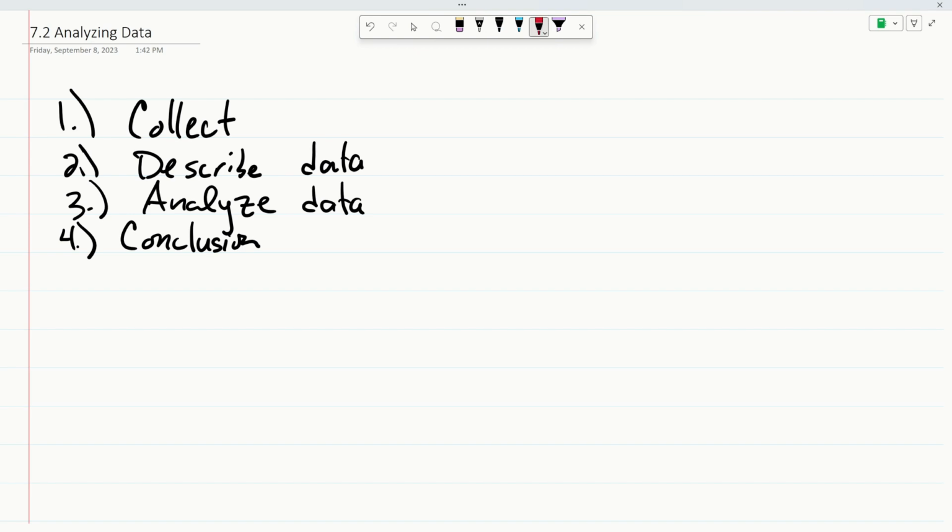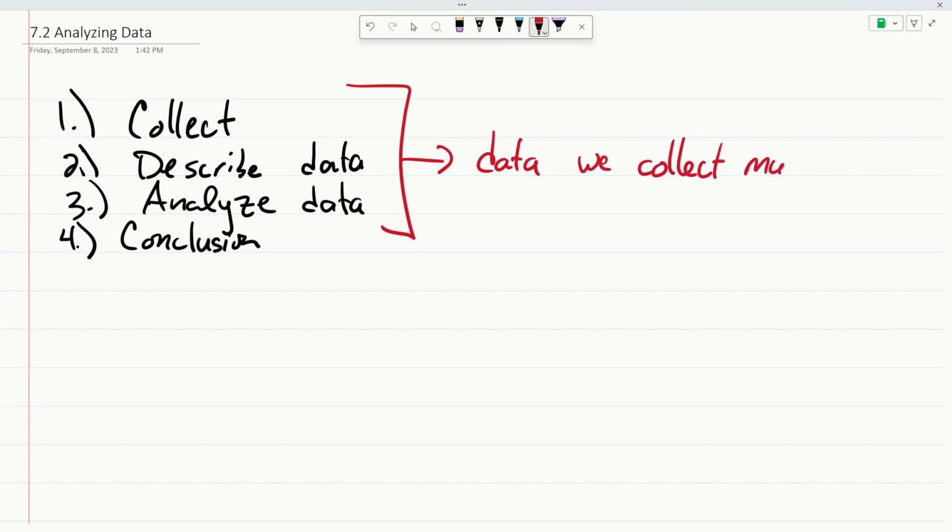Now, the one thing we have to remember is no matter what, the data that we collect must be collected responsibly. Meaning, standing outside of an ice cream shop and asking people do they like the ice cream might not be the best place because everybody drove there to get the ice cream. So there's a high likelihood that they're going to enjoy the ice cream that they drove that far to go get.